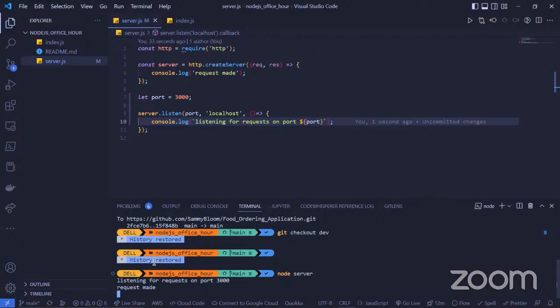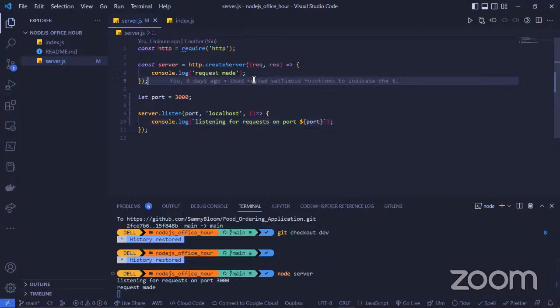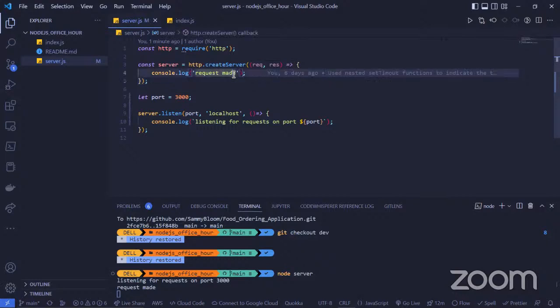One of the things we just want to do is take this out, and instead of saying request made, we want to say hello world. And then we would also want to look at cases whereby